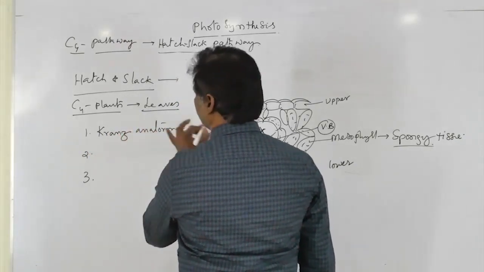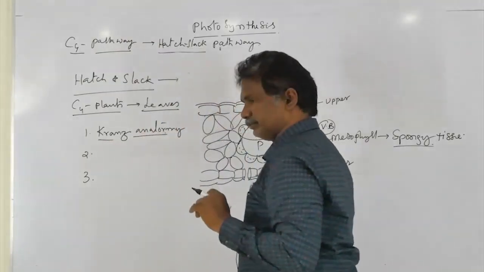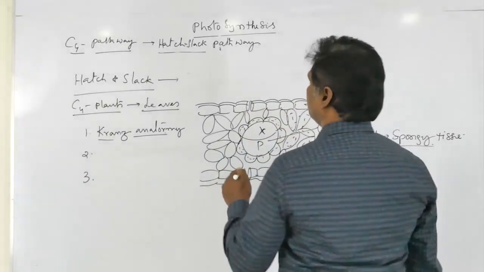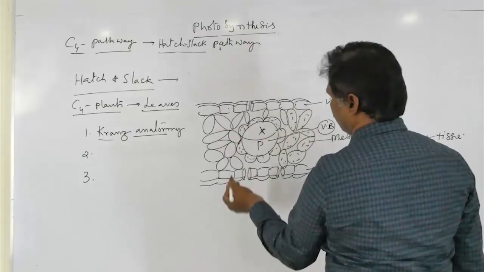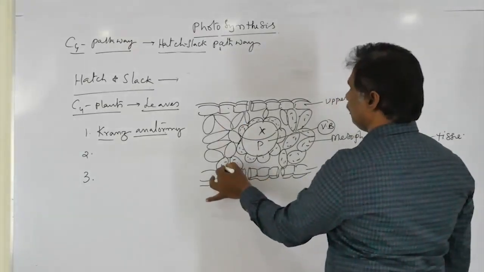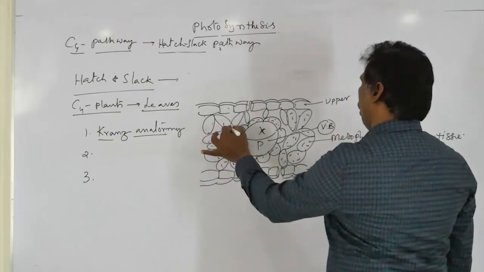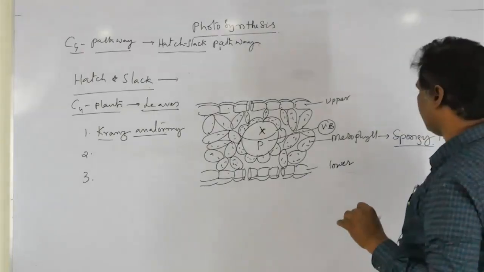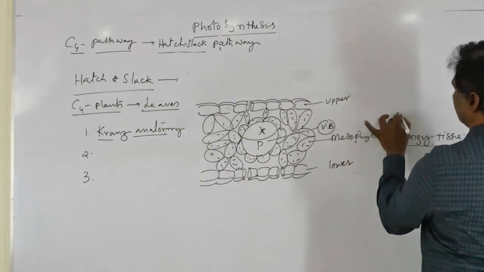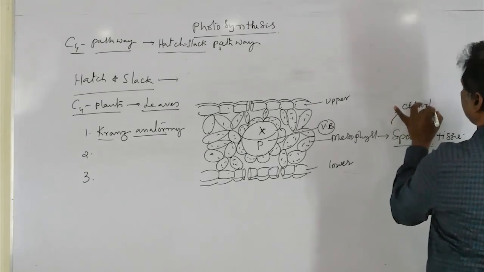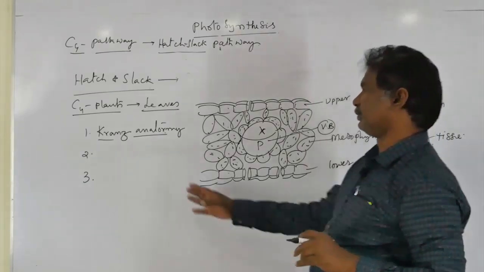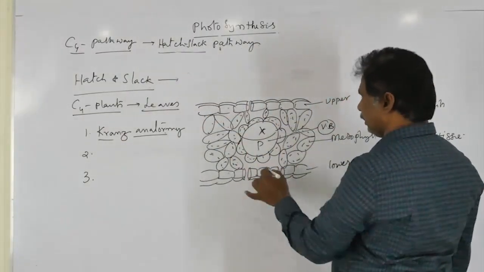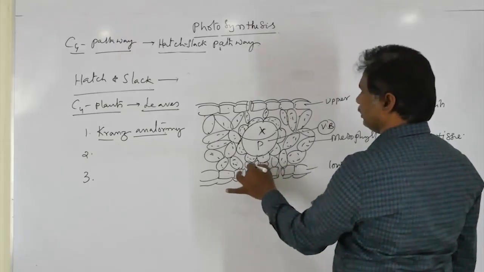So what is the meaning of Kranz anatomy? It means the internal structure of the leaf shows upper epidermis, lower epidermis, and mesophyll cells, where the spongy parenchyma has chloroplasts. Then, when we observe the vascular bundle, it is covered with